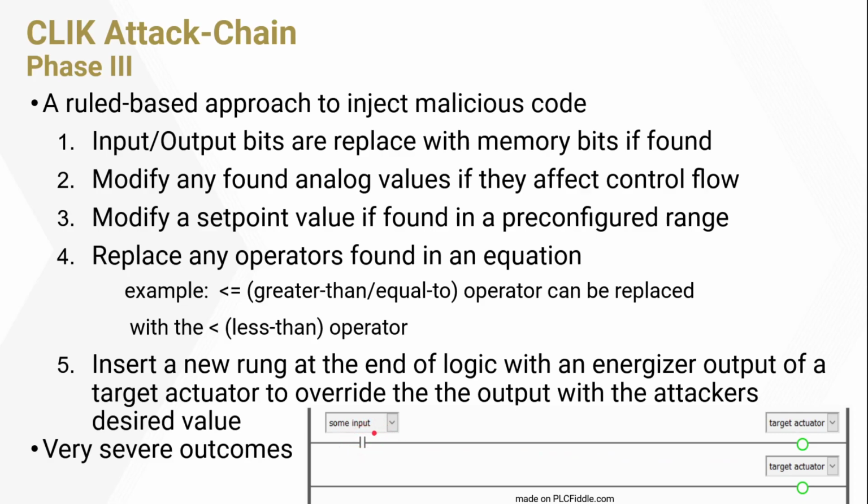Let's just say green is on. But since this new rung has been appended to this branch, it goes directly to this target actuator, which is bypassing whatever this input is, and it's just turning that actuator straight on, bypassing the original